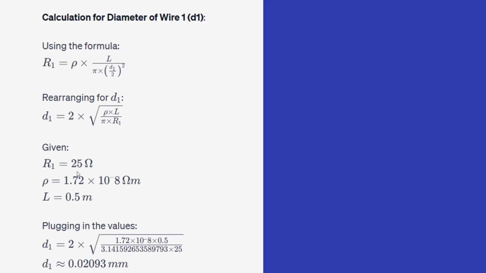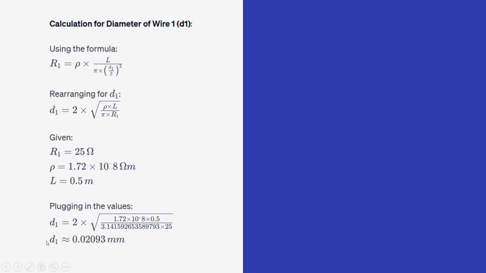We know that the resistance of wire 1 is 25 ohm and its resistivity is the same for both wires. Its resistivity is 1.72 into 10 raised to minus 8 ohm meter and we also know the length of the wire. If we plug in these values, we will get D1 equals